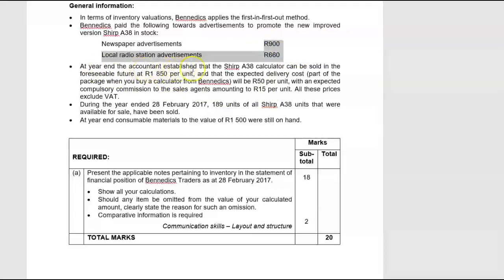At year-end, the accountant established that the SHIRP A38 calculator can be sold in the foreseeable future at 1,850 per unit, and the expected delivery cost, which is part of the package when you buy the calculator, will be R50 per unit, with an expected compulsory commission to the sales agents amounting to R15 per unit. All these prices exclude VAT. Now, this needs to happen in the future. Why do they give me this whole song and dance? The reason is this is all about the net realizable value test that you have to perform